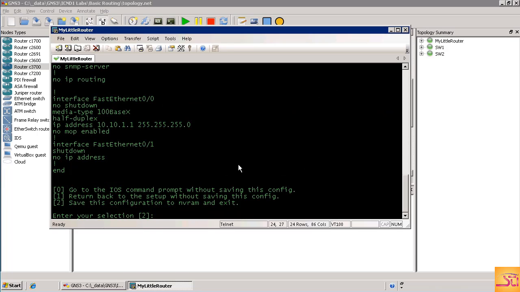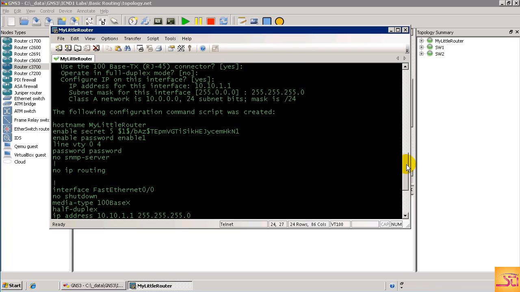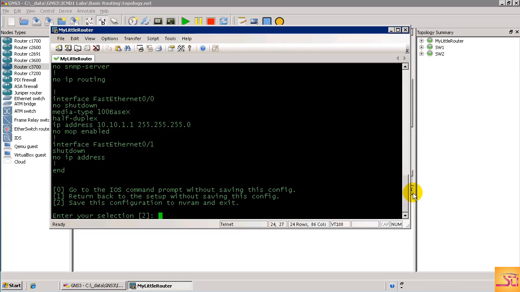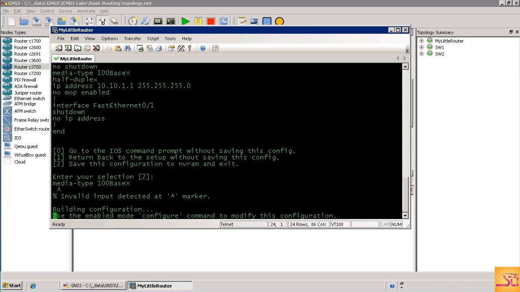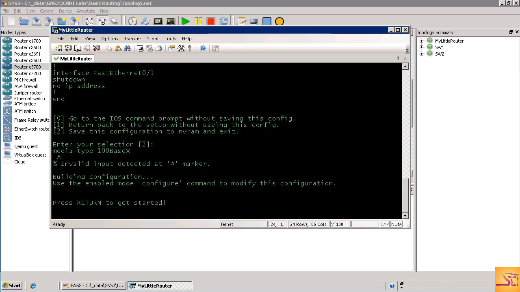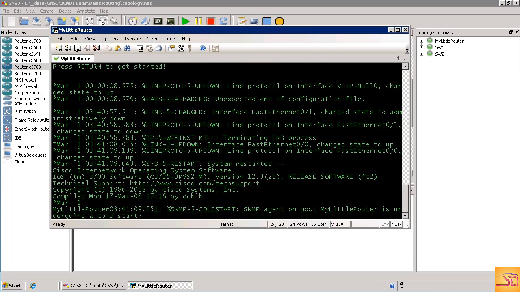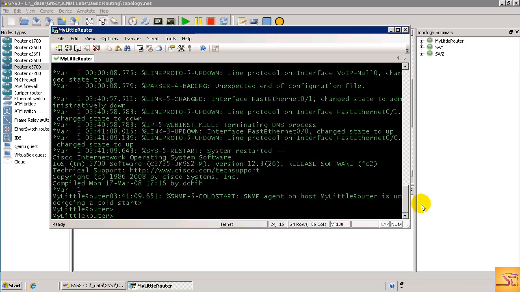And now is listed out for us the configuration that this little wizard has gone through for us. You can scroll back up and you'll see the host name, the enable secret, so on and so forth. It's basically saying, hey, is this good? Is this what you want me to commit to the router's memory? In this case, we'll say save the configuration to NVRAM and exit, which is the default, so we'll just hit enter. And after it builds the configuration, it drops us into the normal console prompt. We hit return to get started, and then it goes line protocol, so on and so forth. And it shows that we restarted the system, in this case about 3 hours ago, when I first started setting up this lab. And it drops us into user exec mode, as denoted by the less than sign there at